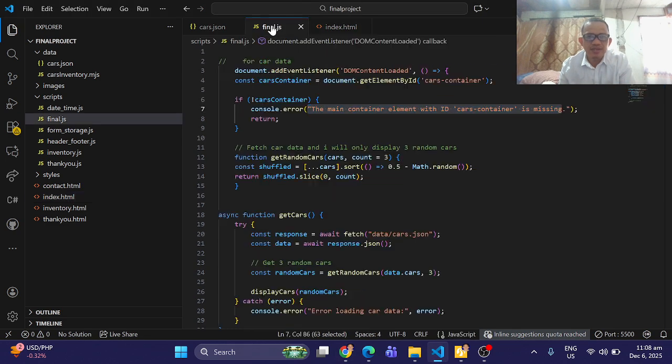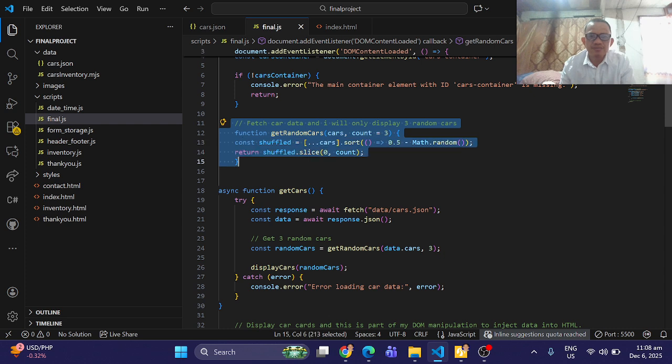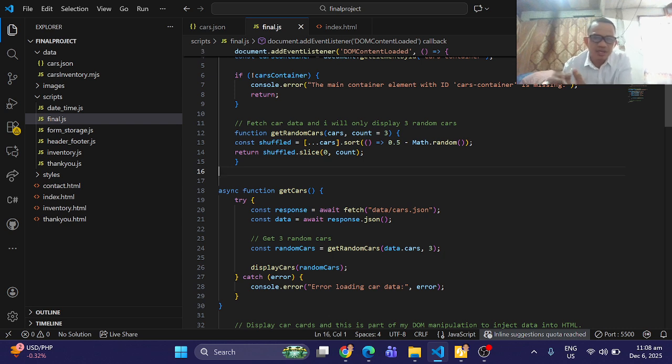Then if that container in the HTML is available, we start to fetch the data from the JSON file, and we are using the function getRandomCars. It is random cars because when users open the website, we are only using three random cards for that page.